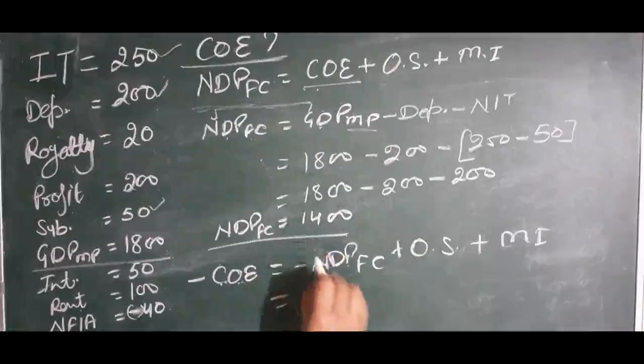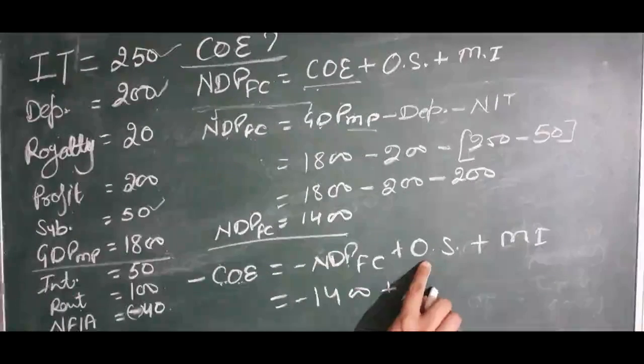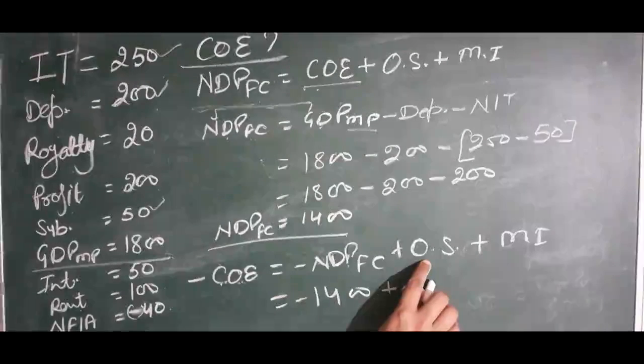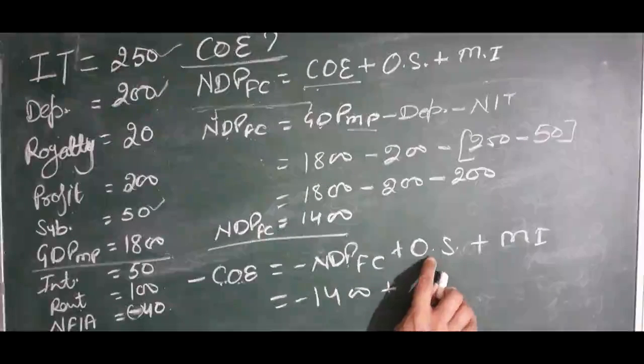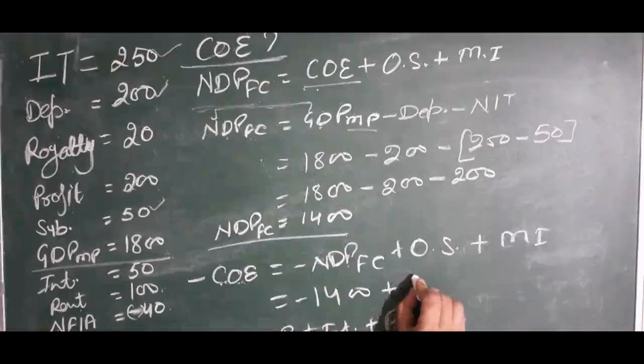We have calculated it as 1400 plus operating surplus. Operating surplus is also not given directly in the question, but we know that operating surplus is equal to rent plus interest plus profit. So in the question, rent is 100,